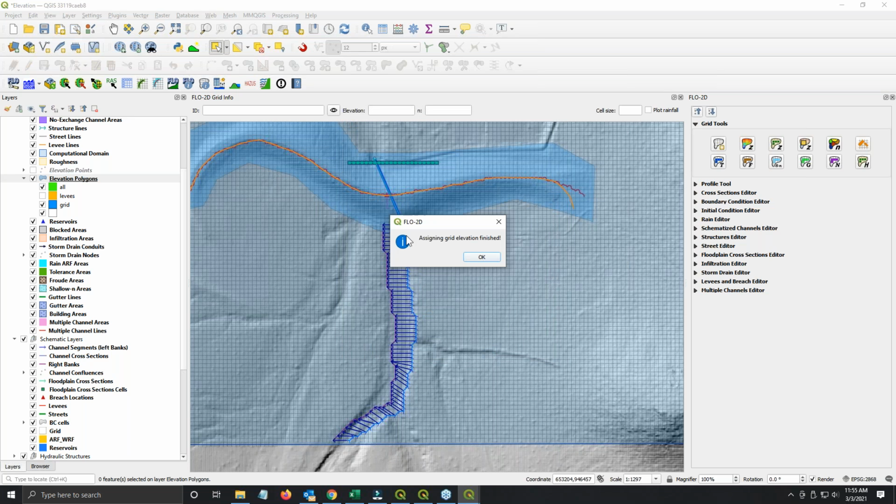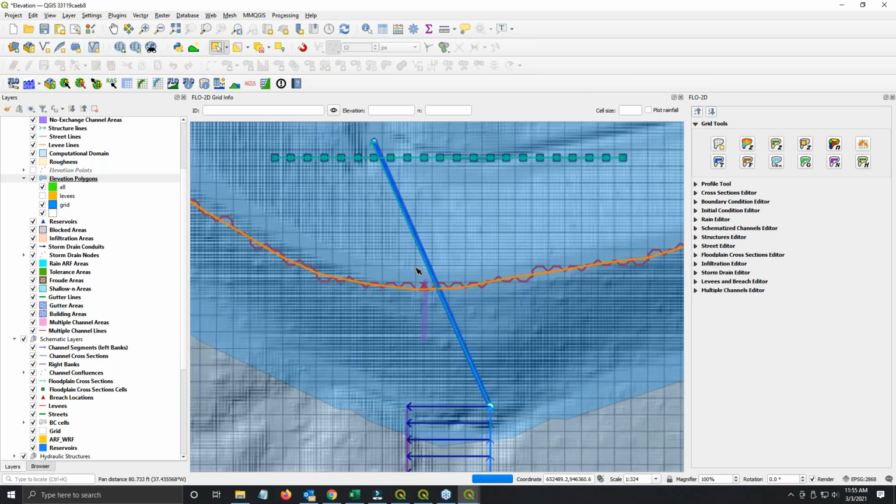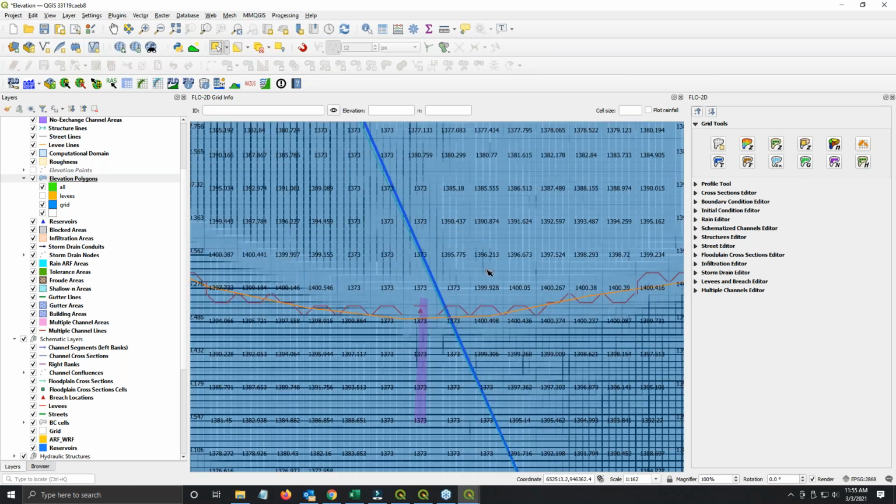And what that will do is it will take the dam out of the elevation using a method where it just resets the elevation to that. So now in this case, my elevation reset was only a small portion of the dam, because the whole dam's not going to fail unless it's a massive failure. So just